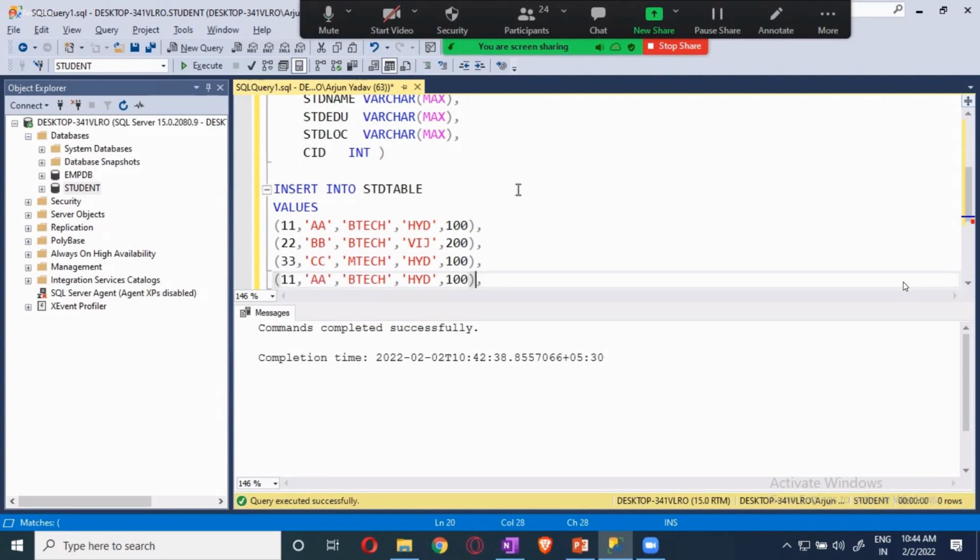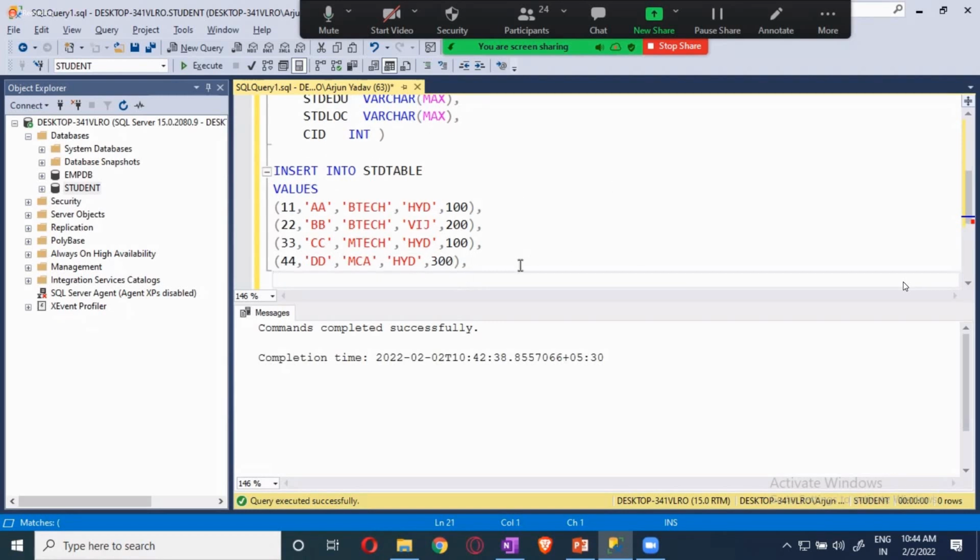Now one more guy, I will take it as 44. He's TA, and we are going to give it as 300. Okay, these are the 4 I gave. I'm going to enter a few more.